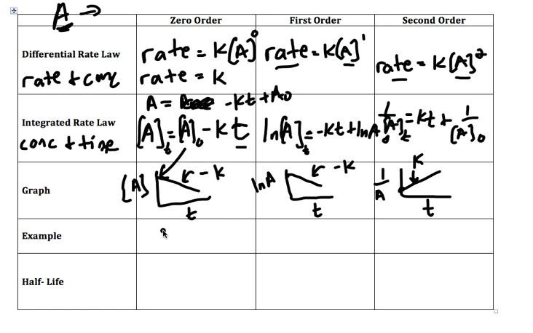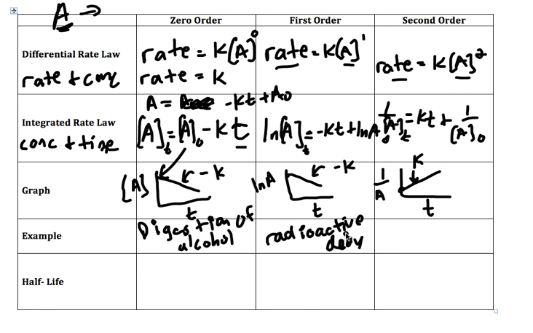Zero order, an example, I talked about this one in class, but digestion of alcohol is an example, and that is how it doesn't matter the amount of alcohol, but the digestion by your liver is not affected by the amount of alcohol, but it's affected more by the amount of oxygen in your body. Radioactive decay is an example of first order. It's always first order. And in my head right now, I don't have a great example of this, so I'm not too worried about it. Now the half-lives of these,